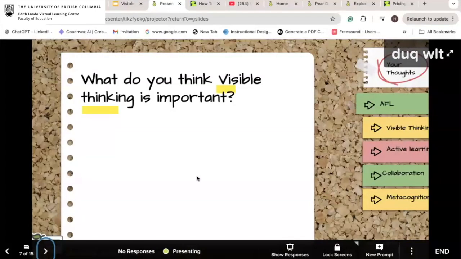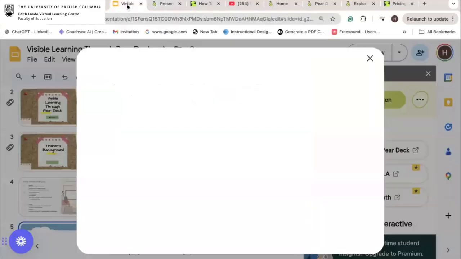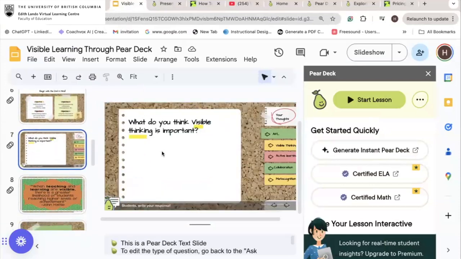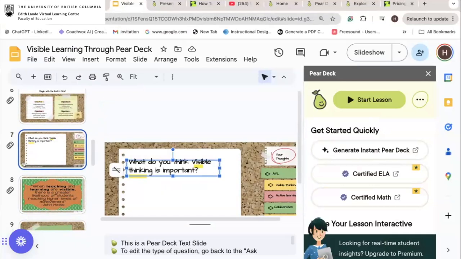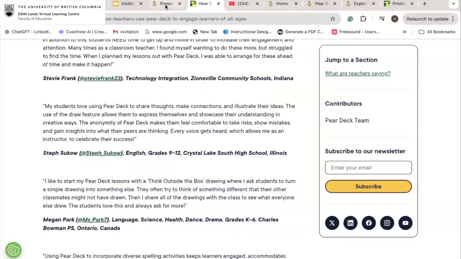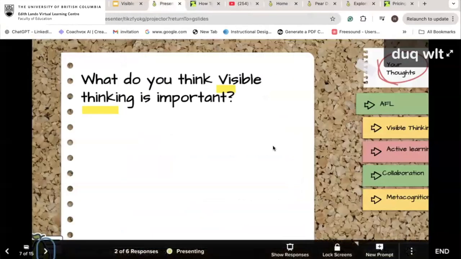Okay, so why do you think visible thinking is important? Or what do you think visible thinking is? I'm sorry, there's a little typo here. I'm just going to fix that. Okay, it's fixed on the main slide, but I will have to refresh it to fix it here.